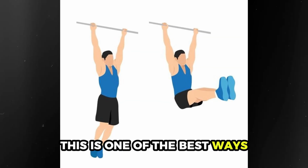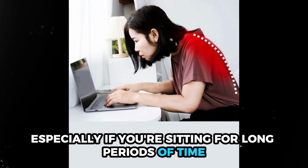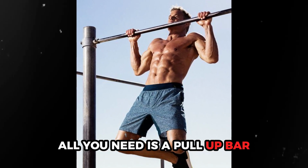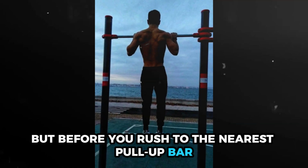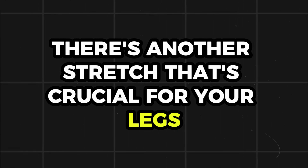This is one of the best ways to stretch your entire body, especially if you're sitting for long periods of time or carrying heavy backpacks. All you need is a pull up bar. Just hang for 30 seconds to a minute and let gravity do its thing. But before you rush to the nearest pull up bar, there's another stretch that's crucial for your legs, the forward